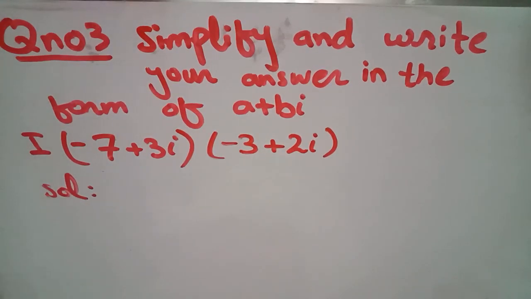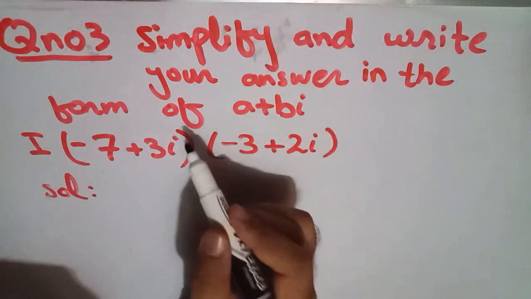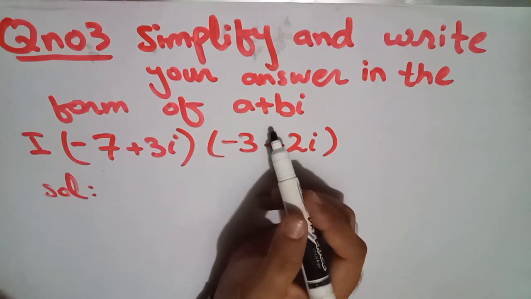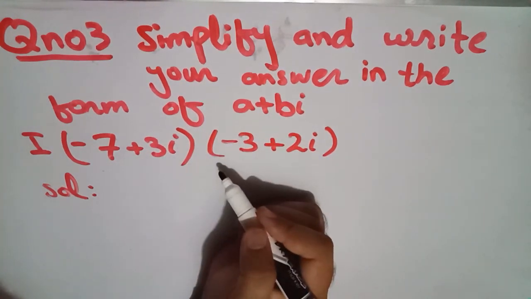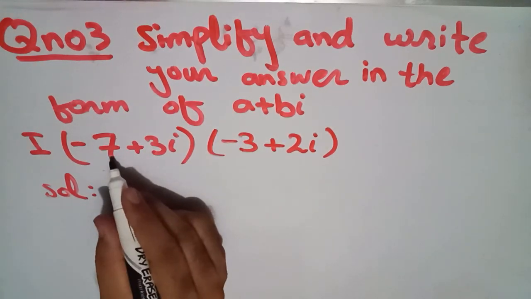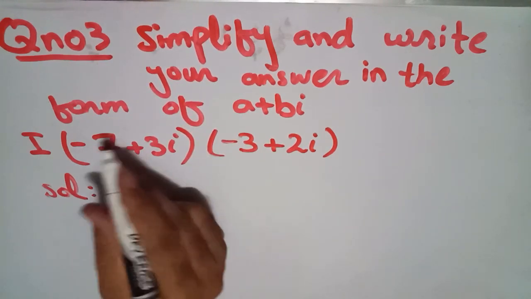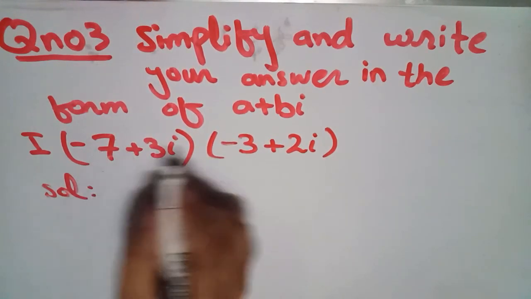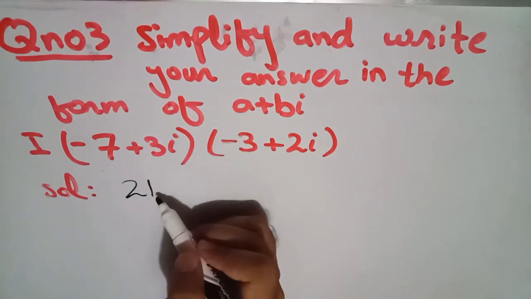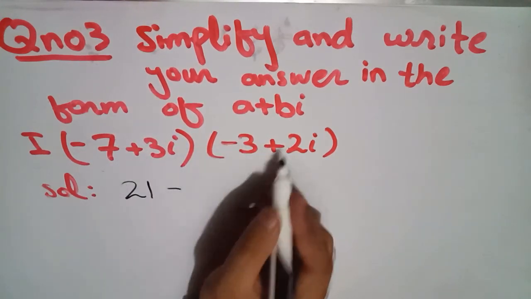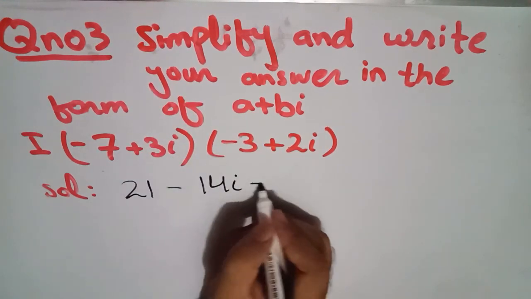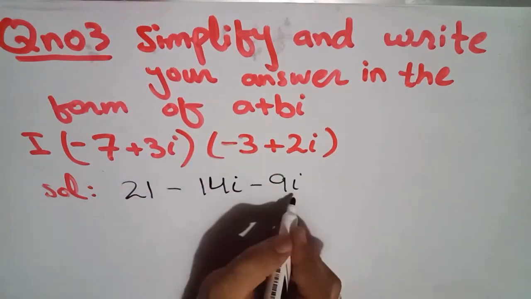In the next question, question number 3, we will simplify and write the answer in the form of a plus b iota. As you can see, both these factors are multiplying with each other, so you can multiply both these factors. By the solution we will write minus 7. When we multiply this digit with the whole factor, we will get minus 7 multiplied by 3. So minus minus plus, 7 3s are 21, minus plus minus, 7 2s are 14 iota, 3 3s are minus plus minus, 3 3s are 9 iota, plus plus